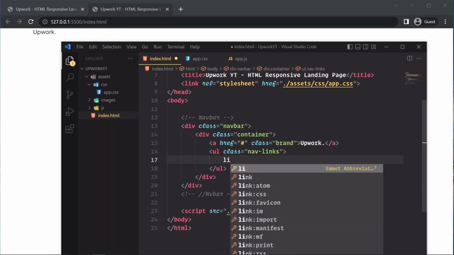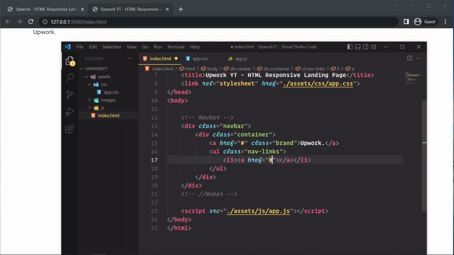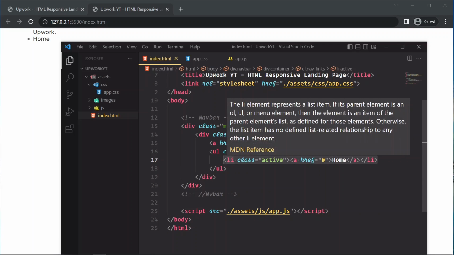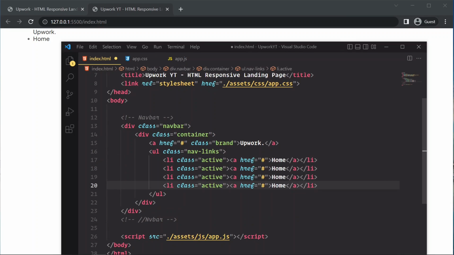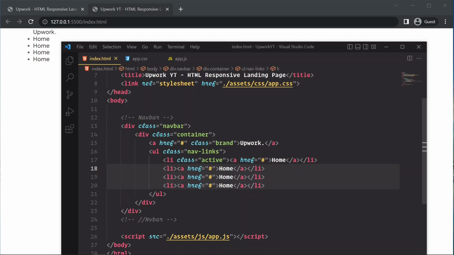Okay, so I'm going to put list item and anchor text. The first will be home, and I'm going to give a class active. I'm going to duplicate this. I'm going to copy and paste it. I'm going to remove the active class from the other nav links except the top one, and this will be